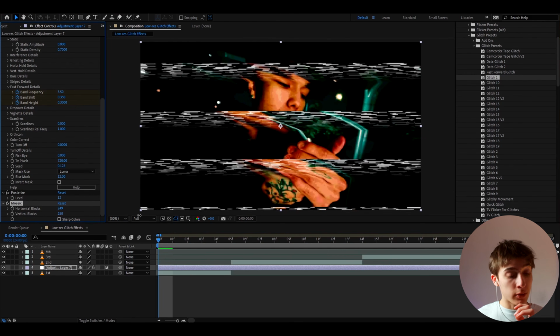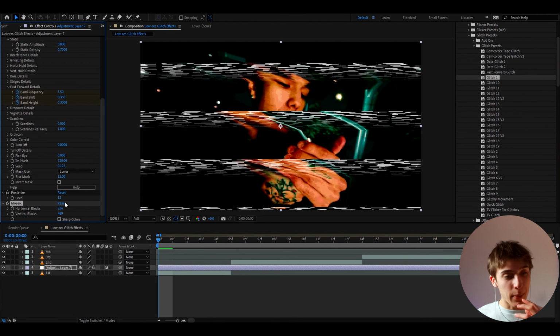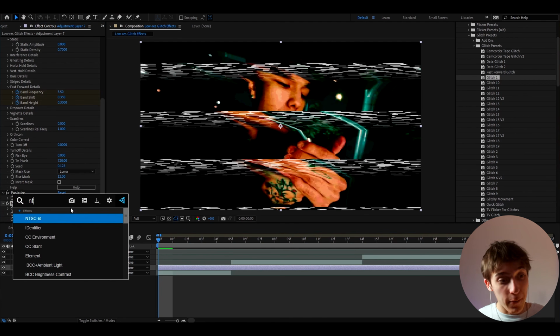So I'm gonna make the horizontal block something like 200 and the vertical blocks higher. I like the horizontal blocks as low because it makes the horizontal blocks really dirty, and it just starts to look really cool. So I'm gonna pick it something like this, and now we can add a free plugin